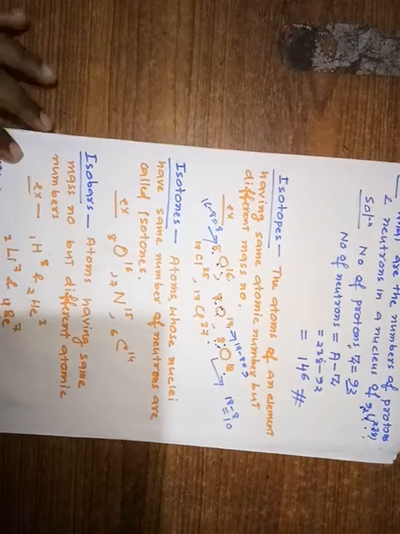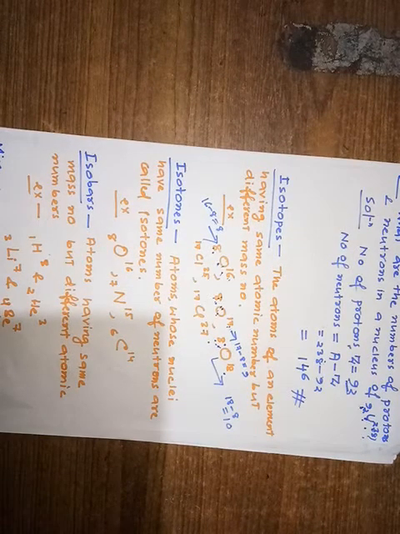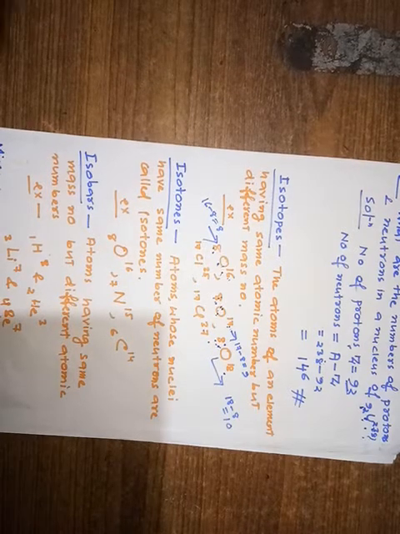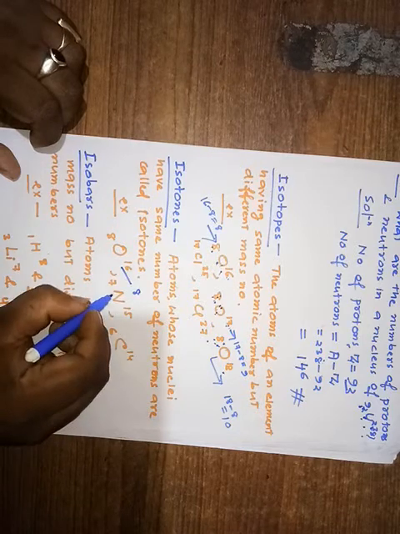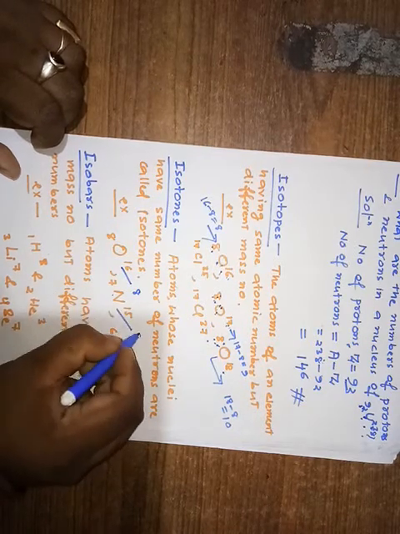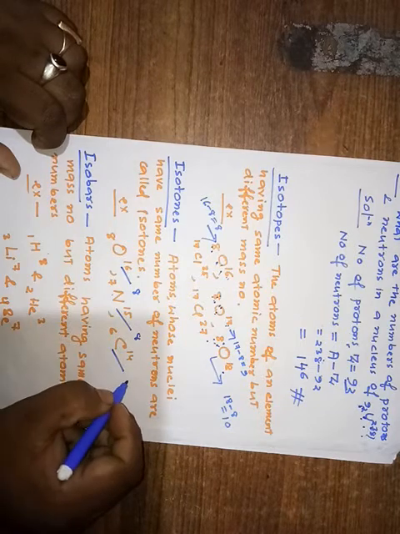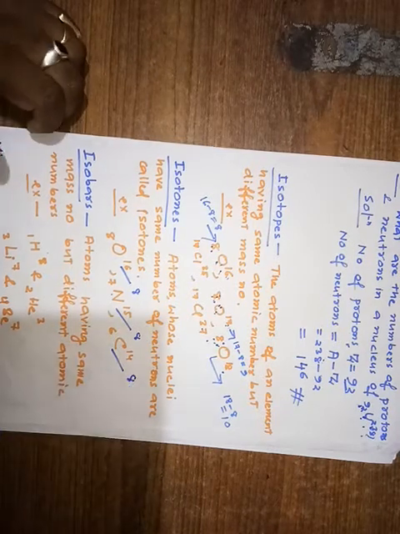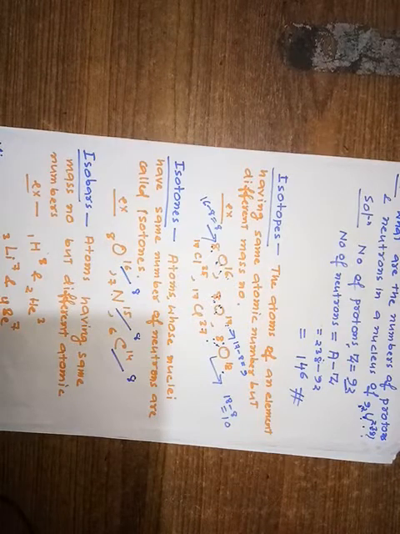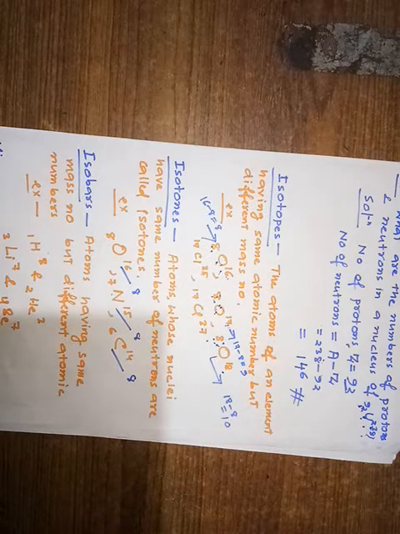Is it okay? Now what are isotones? Atoms whose nuclei have the same number of neutrons are called isotones. Oxygen 8-16, nitrogen 7-15, carbon 6-14. Now what is the number of neutrons of oxygen 8-16? Here the number of neutrons will be 8, and for nitrogen 7-15, what is the number of neutrons? It is also 8. For carbon 6-14, what is the number of neutrons? That is also 8. So these three nuclei have the same number of neutrons, and nuclei having the same number of neutrons are called isotones. Is it okay?